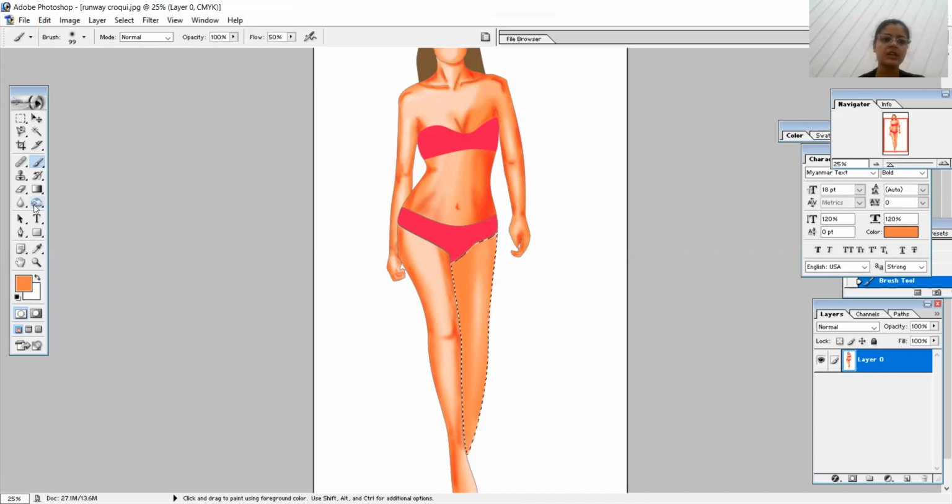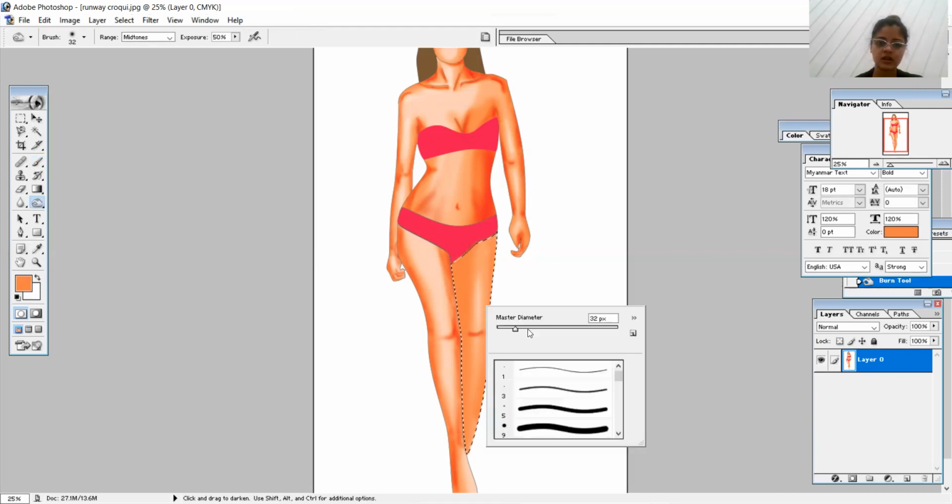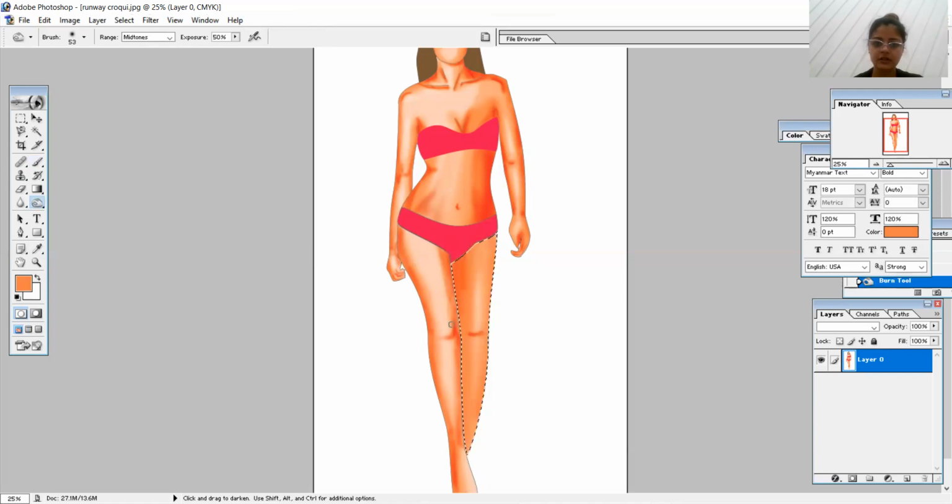Done. Now taking the burn tool, firstly mark the joint, the knee over here. Simply increase the diameter. Here we need to show the depth carefully.